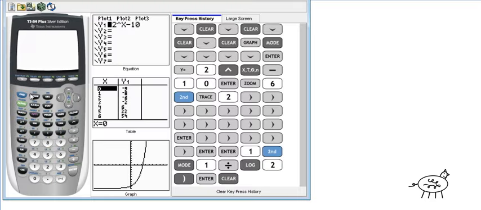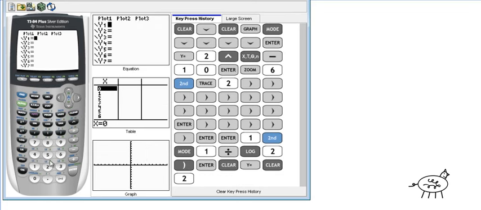2e to the x minus 3 equals 10. Okay, so again, how do I do this with a graphing calculator? Move the 10 over so you get y equals 2e to the x minus 3 minus 10. Okay, so let's put that in our graphing calculator. So y equals 2